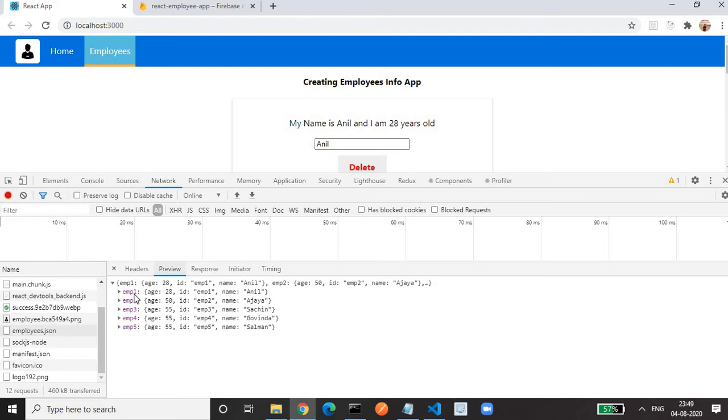So that's why in the response you are seeing the entire employees node is an object in which the keys are employee 1, 2, 3, 4. For this key the value is this. For this key the value is this. For this key the value is this. But we are interested only in this object, only in the value, not the keys. We are interested in the value of the object, not the key.